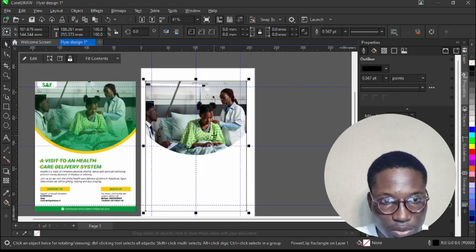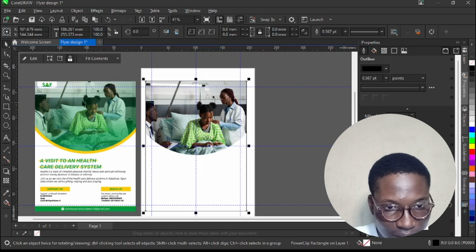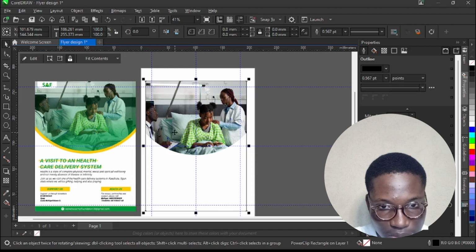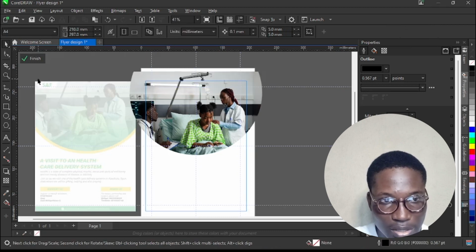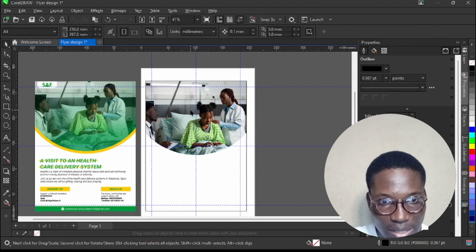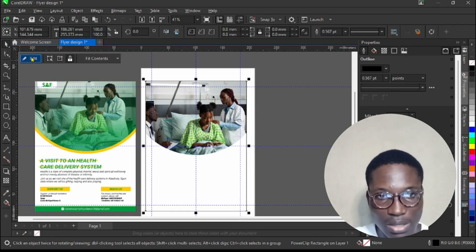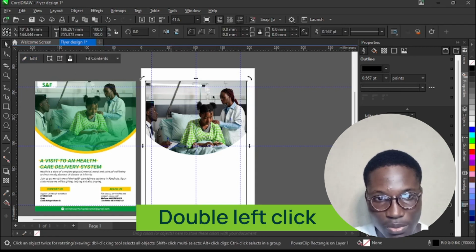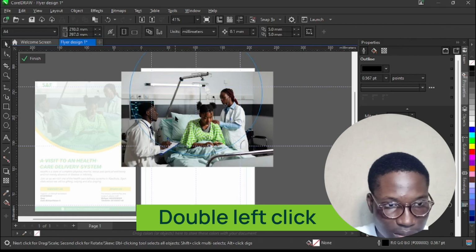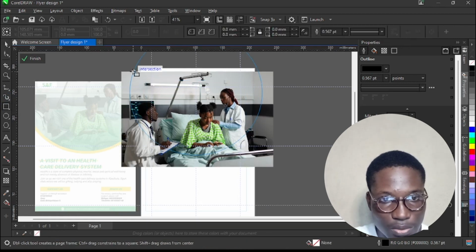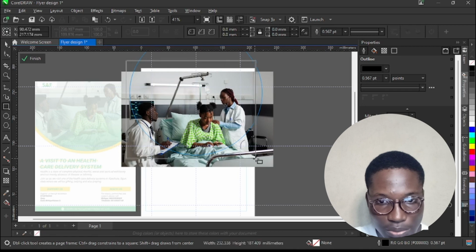So the next thing I want us to do is, you notice that there's like a green color that is kind of overlaying on the image. So what we'll do next is we'll double click, and in case you don't want to select the object then go to edit, you can as well double click on the object. So we double click. The next thing we want to do is select our rectangle tool, draw this out,